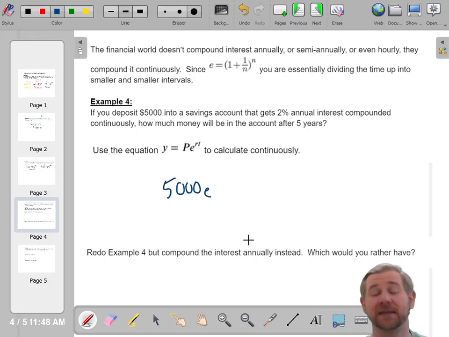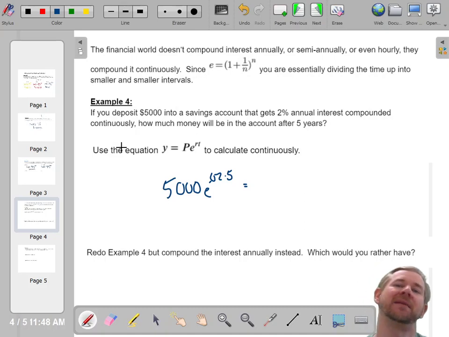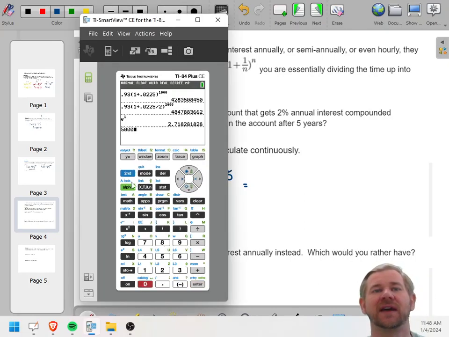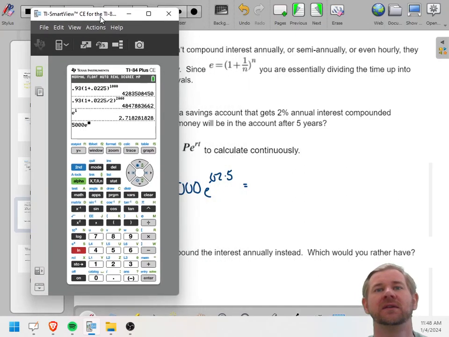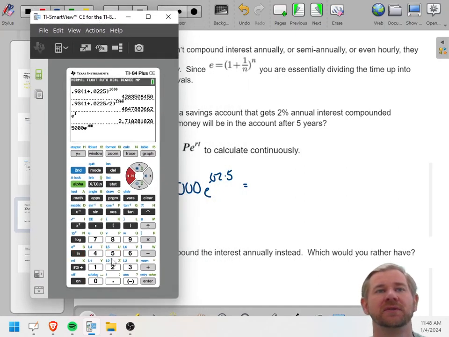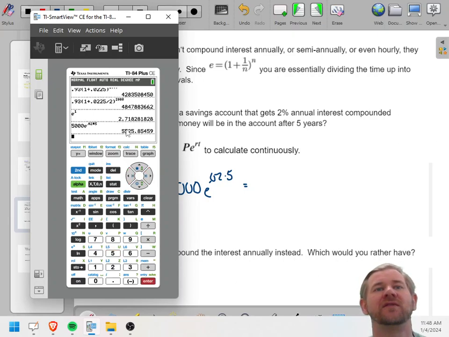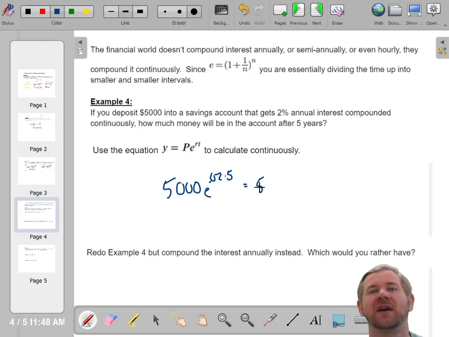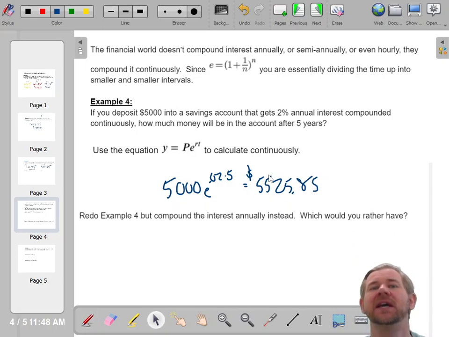$5,000, E is that number, and then it's 0.02, so 2% interest for 5 years. So to do the same thing but compounding continuously, 5,000 E to the 0.02 times 5 is 5525.85. So if you compound it continuously, you'd make 5,500. Let me show you how it would look if we did it annually, and hopefully you realize that it's going to be much less,